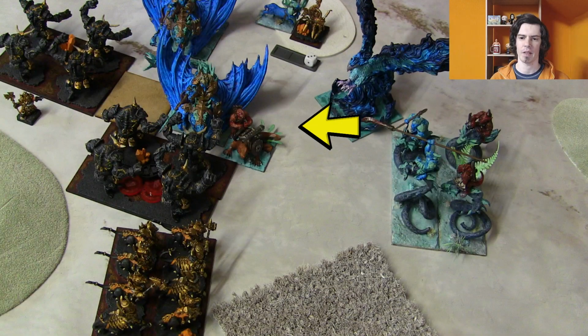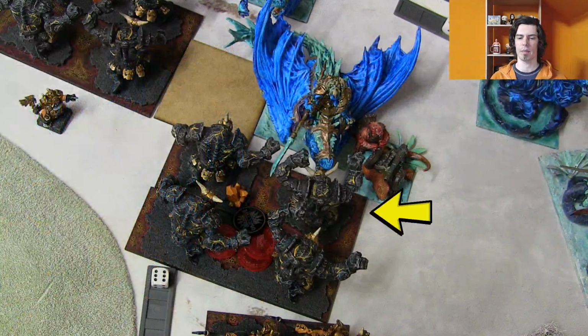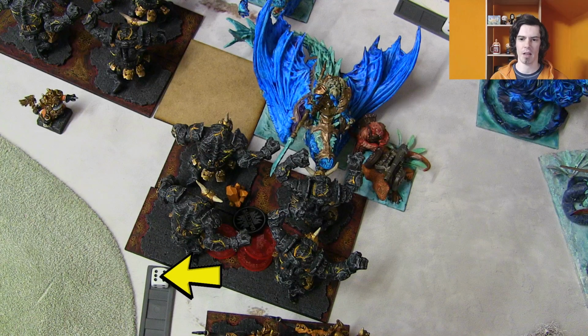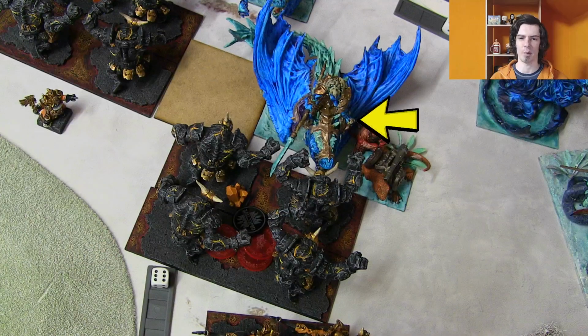And they now turn around to face this threat. So they'll have to take a charge from the half-breeds, but the half-breeds only have 16 attacks. They're unlikely to kill that unit in one hit, but they're going to give it a try anyway. Next, that's how they end up positioning. 6 damage here. And I think that's all they do in total, so a very disappointing roll from both these